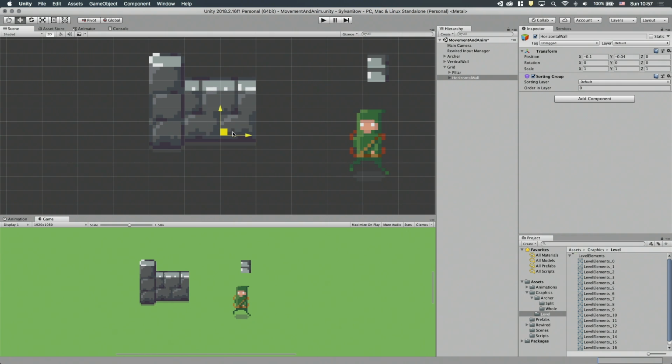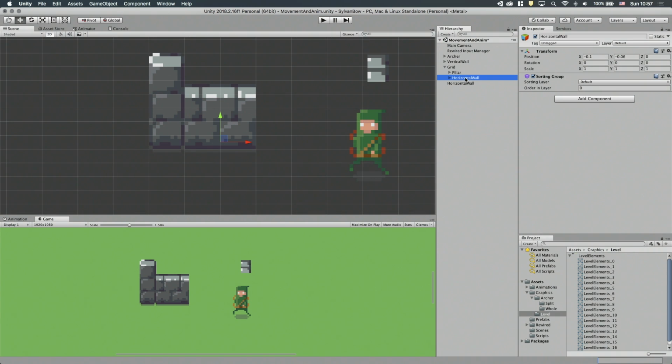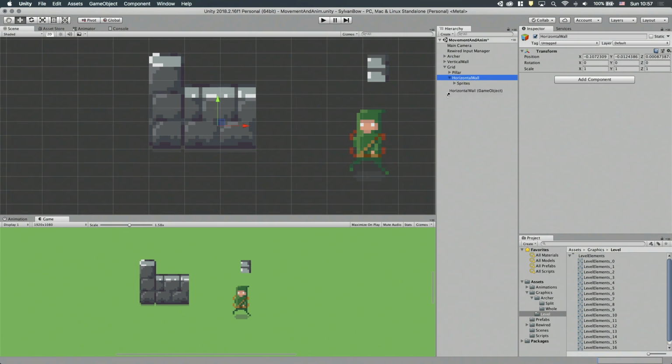Because the grid forces its child object's position to be on the grid, it doesn't let us move it up just 1 pixel. We have to do a similar trick we did earlier today, but now we will define a new pivot point for positioning and not for the sorting. We can do this by creating a new level of game objects in our elements. Let's create a new empty game object outside the grid. Let's name it horizontal wall, rename the previous horizontal wall to sprites, and move it under the new game object.